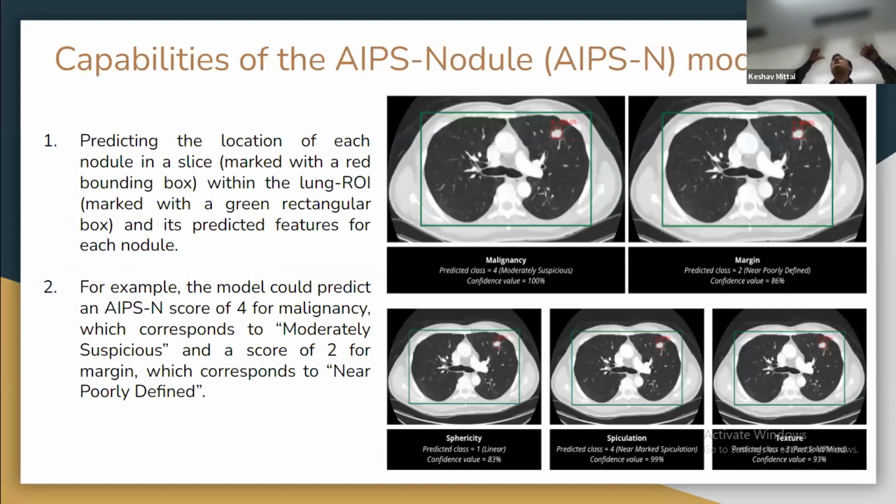अब हुआ क्या, when we did all this training and all, what we got, our program was able to detect tumor very nicely. And this red bounding box and this green box, both are able to detect their respective tasks. They are able to execute their respective tasks. This red bounding box is able to detect this tumor very nicely over here. So you can study the malignancy, you can study the sphericity, you can study the speculation, you can study the texture of the tumor using our program now. Okay.